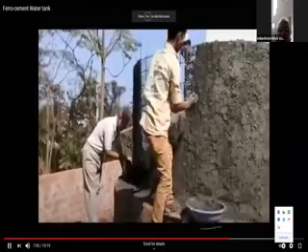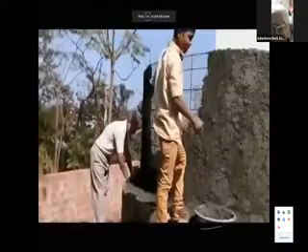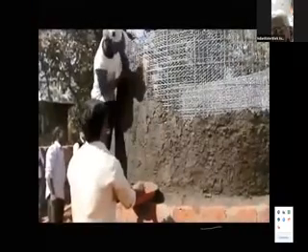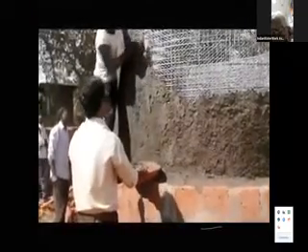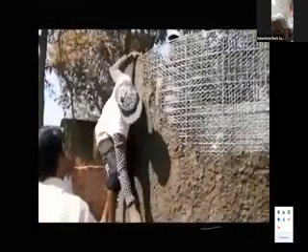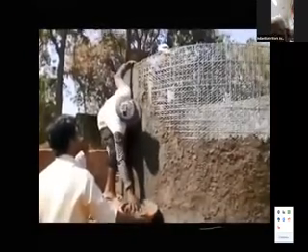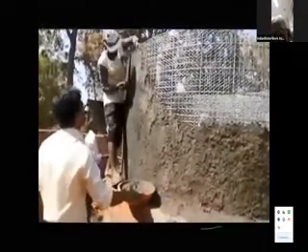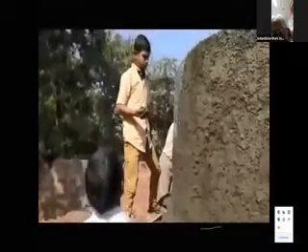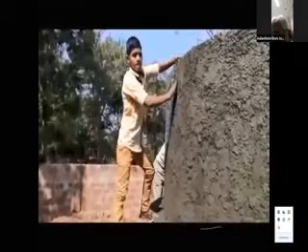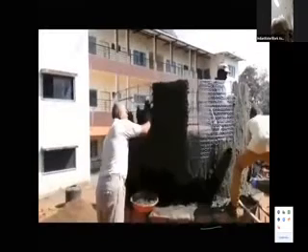See, here the skeleton is already prepared, and a young man and others are just applying mortar over it. This is at Dapoli where we are constructing one tank. You will see this chicken mesh. This is a slow motion video. If you get this presentation, being a slow motion video, you yourself will be in a position to construct a tank if you attend any one of our workshops. The mortar is fixed, applied. See, this is the old engineer.